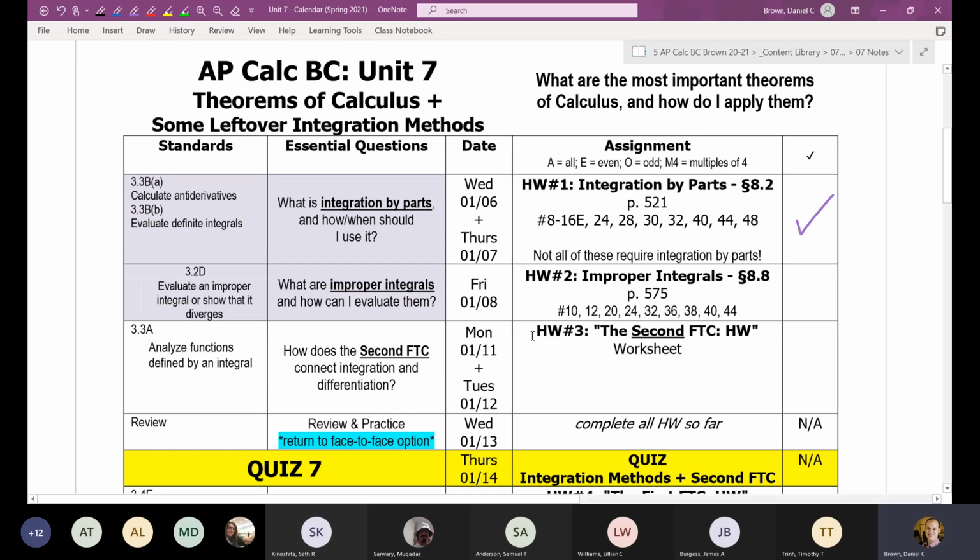So with that being said, if you are good to go and don't have any questions, feel free to go ahead and log out and get ready for 6th period. If you do have any questions, definitely hang back. Class isn't officially over until 1:10. And then of course, if you do need more help,